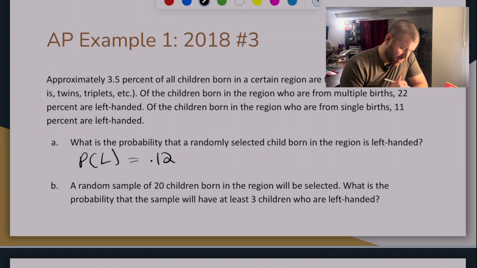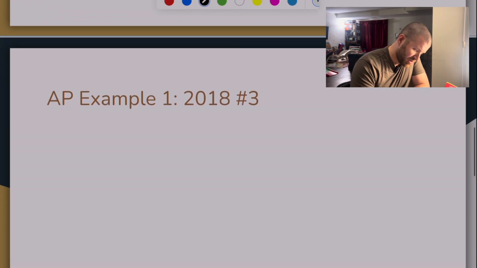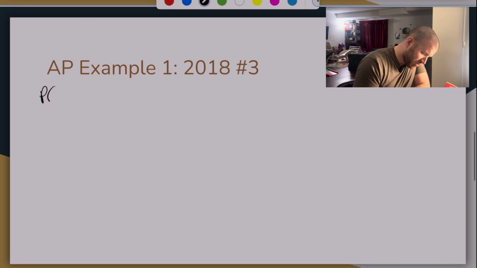However, when I look at part B, a random sample of 20 children will be selected. What is the probability that a sample will have at least 3 children who are left-handed? And so the way that I would show my work for this, I gave myself some more room here. I would say the probability that x is greater than or equal to 3